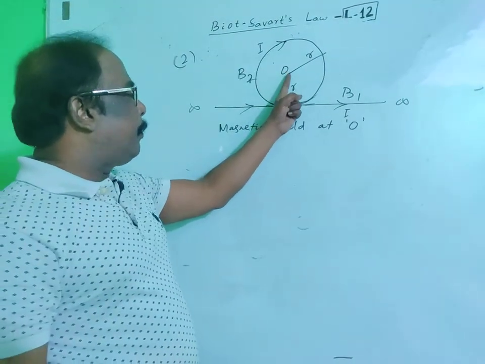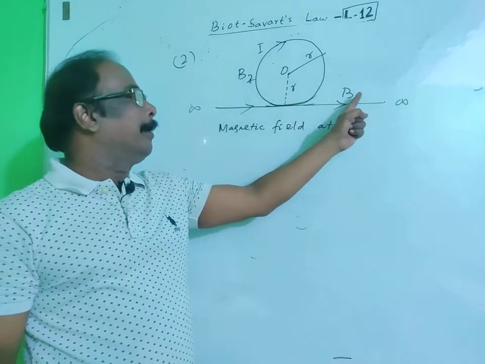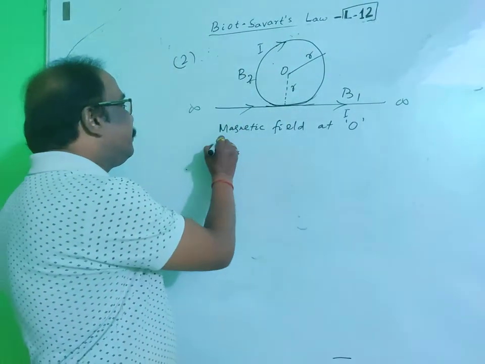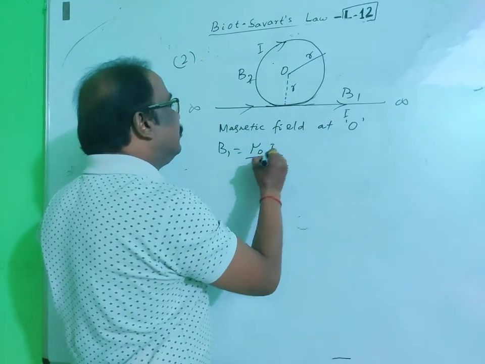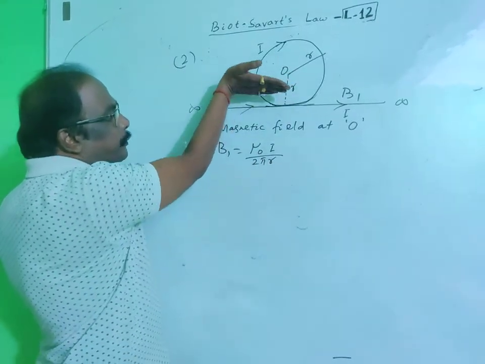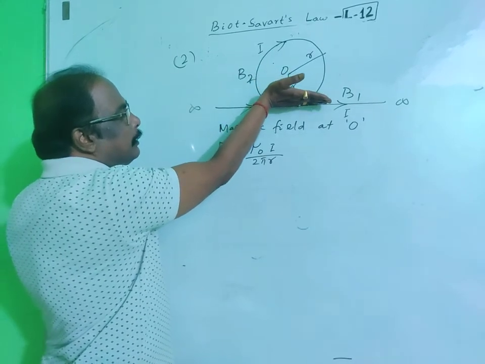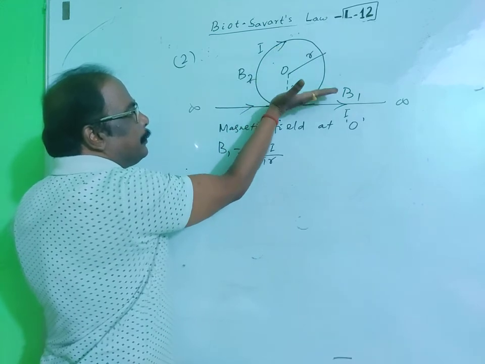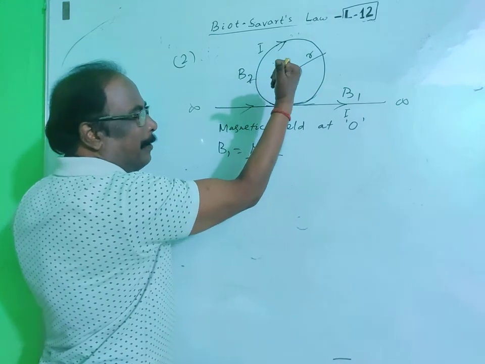Magnetic field at point O due to the infinite length conductor carrying current I is B1, and due to the circular conductor is B2. Then what is B1? B1 due to an infinite long conductor is mu naught I by 2 pi r. And what is the direction? See, O is above the straight conductor, current is flowing along this direction, then turn your finger towards the center,